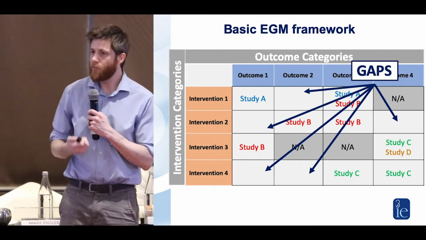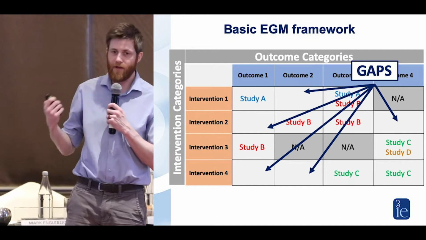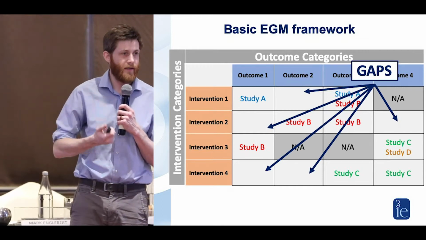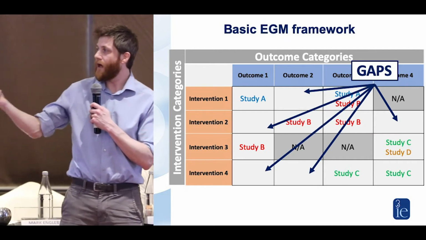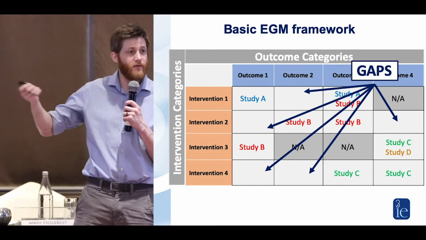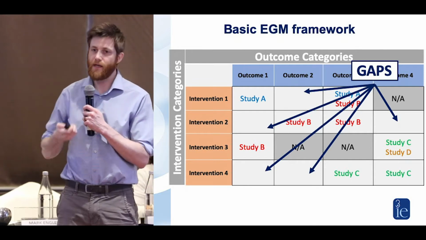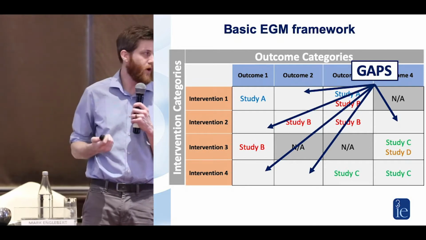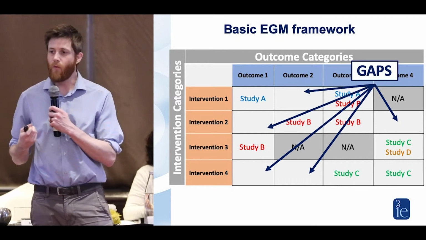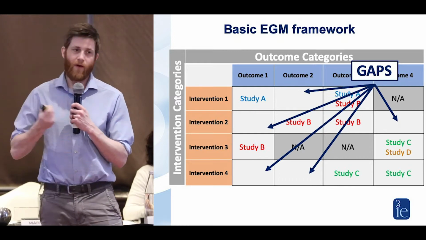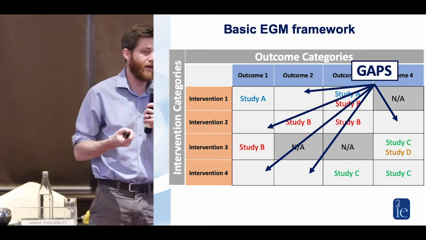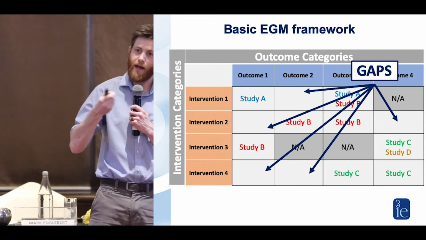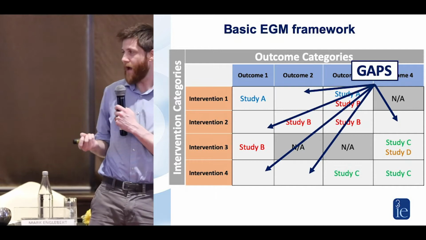So we do a broad comprehensive search of the literature, try to find everything that's out there, and then identify what are the interventions they look at, what are the outcomes they look at, and slot them into the different cells in the matrix so we can see where do we have lots of evidence, where is evidence missing. And so when we see that, okay, we don't have any impact evaluations or systematic reviews that are looking at a particular intervention and outcome combination, we know we have a gap.